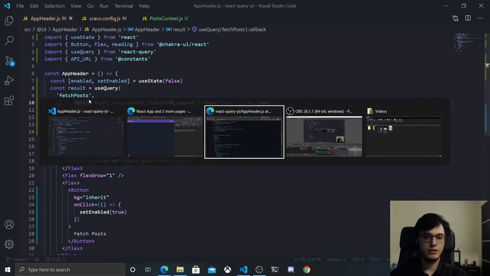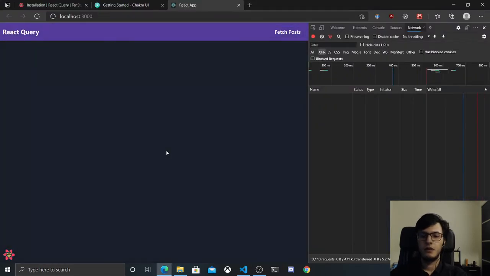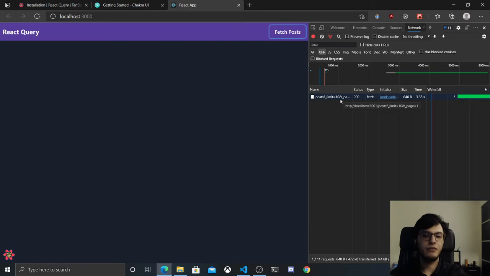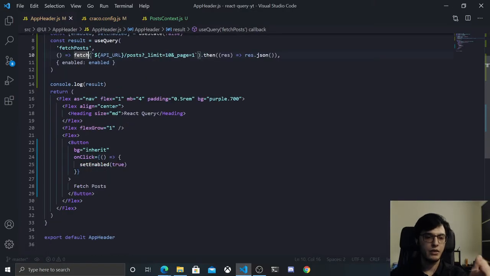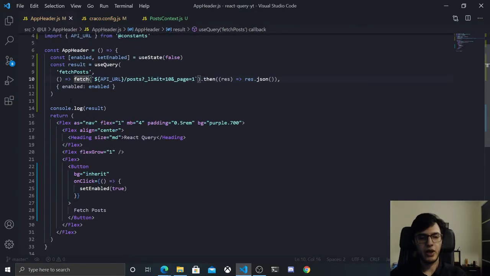So let's go and test that. So hit fetch. Now it will go and fetch it. Remember, it's slow because we have a delay of 3 seconds, because I want to show the pending state and stuff like that in a moment. So let's now click again. Nothing will happen. It will only fetch one time, but we need to fix that. The way we will do this is to enable the query and disable it, enable it, disable it, and stuff like that. So the way I will do it, each promise has a finally function